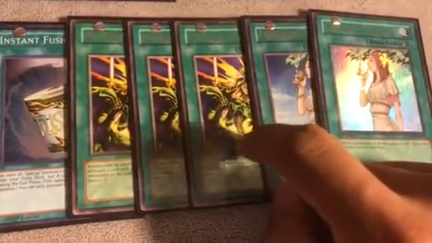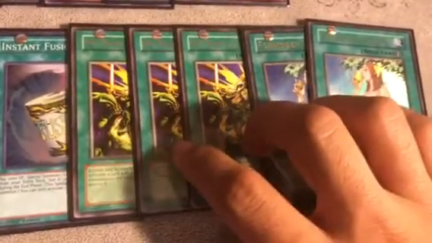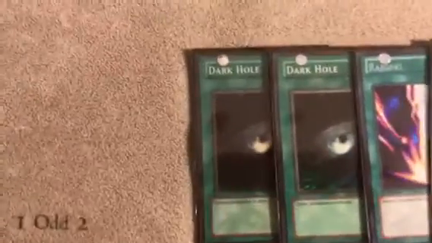It helps you go first. These help you set up going first, and these help you go second, playing through their board going second. The Dark Holes I really wanted to talk about because these are very important,